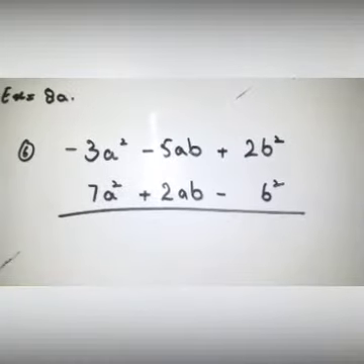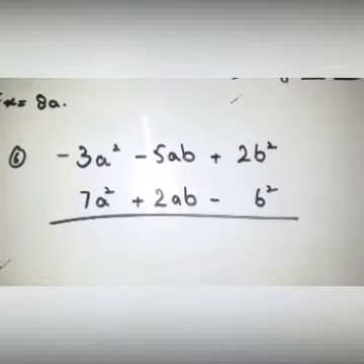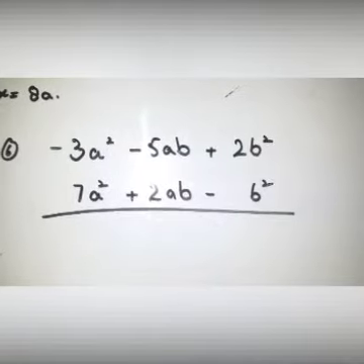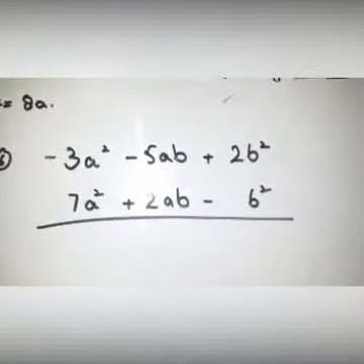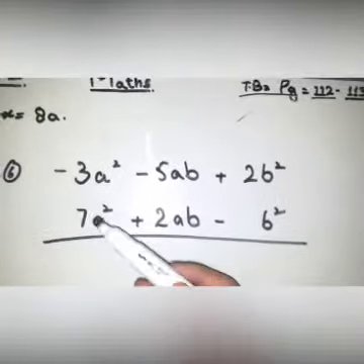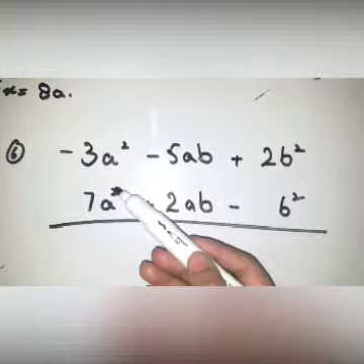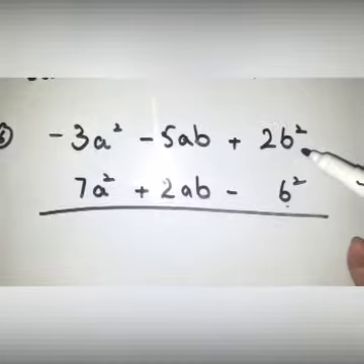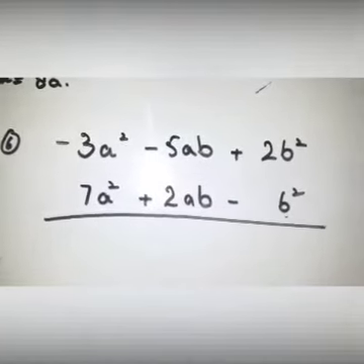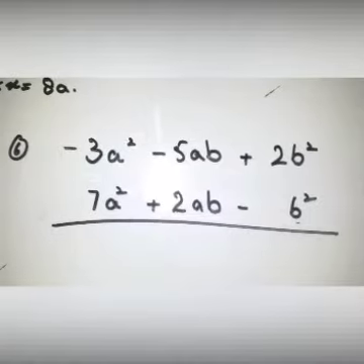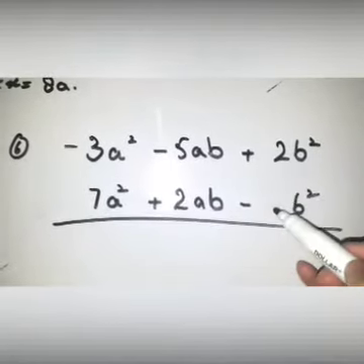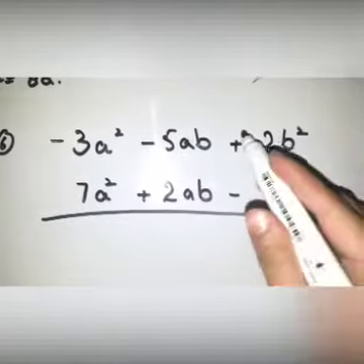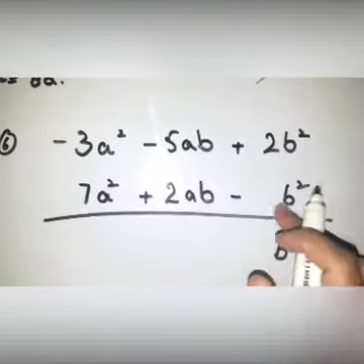Now you have the part 6. Minus 3a square minus 5ab plus 2b square, 7a square plus 2ab minus b square. You can see that both values are written under the like, 2a square under the a square, ab under the ab, b square under the b square. That is called the algebra place value system. Now simply subtract 1 from this 2, the answer will be 1. Plus minus minus, so action is minus.